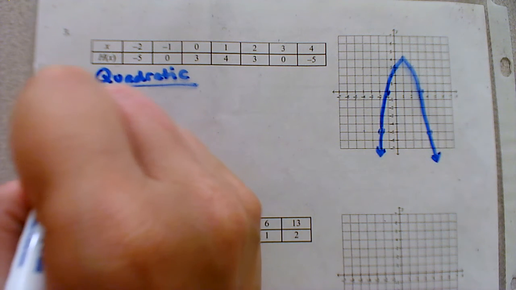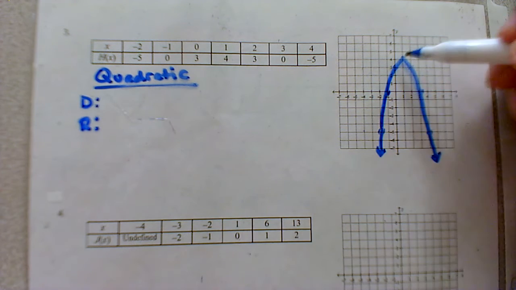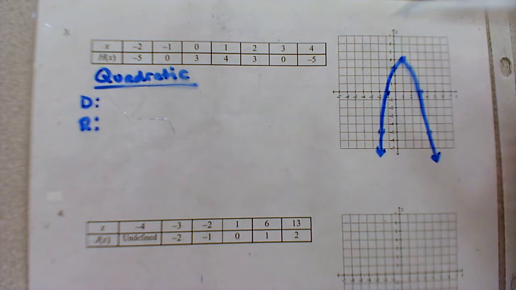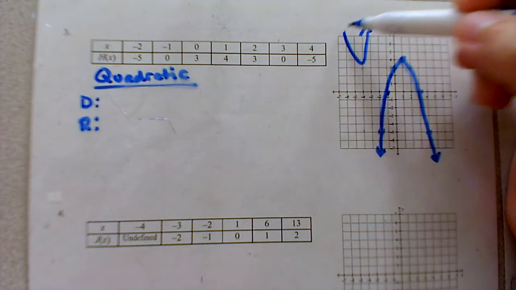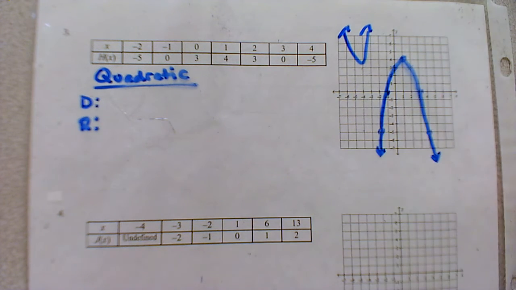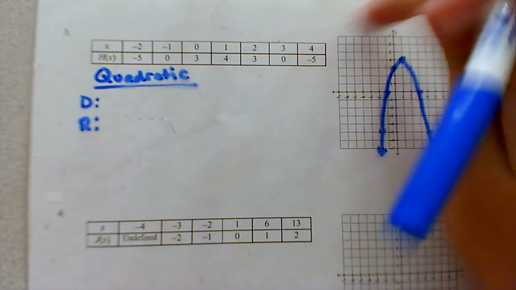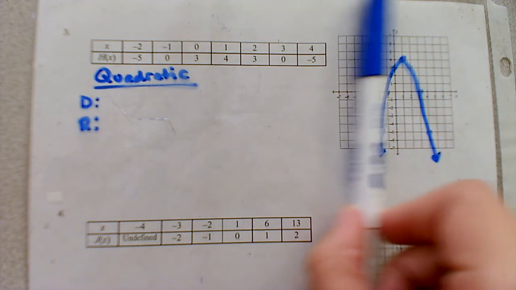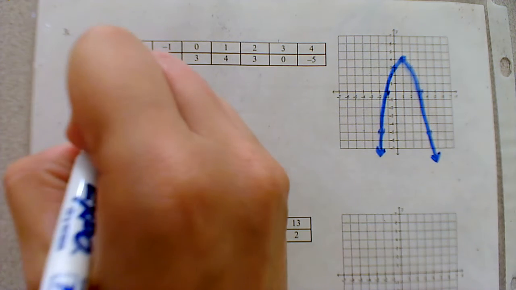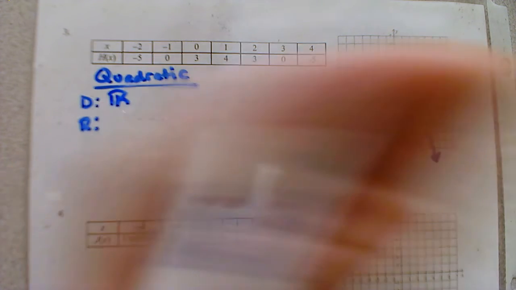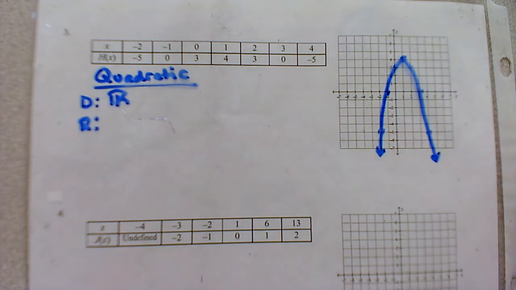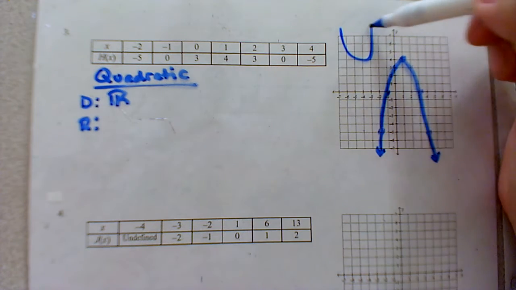And some properties about quadratic functions, we'll go ahead and list domain and range. Now, quadratic functions are U-shapes, so they could be upside down like the one in our example, they could be right side up, and they could be located anywhere on a graph. So no matter what U-shape you draw, if you were to drag your pencil left to right, it would be all real numbers. However, if you were to drag your pencil low to high, it would change depending on where